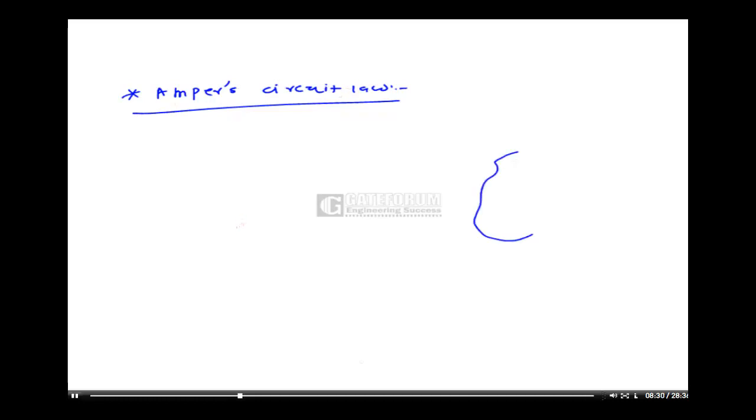The second law is Ampere's circuit law. This is one of the important laws. Suppose this is a closed path. Some current I is flowing in this closed path, so I enclosed in this closed path is I. The statement of Ampere's law is, it states that